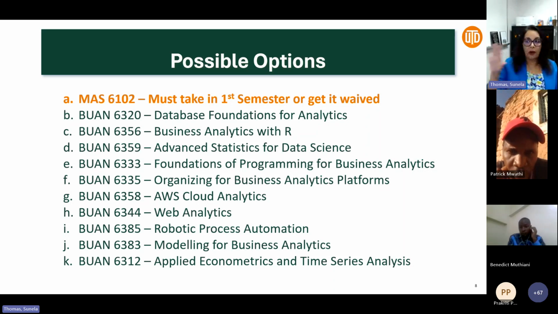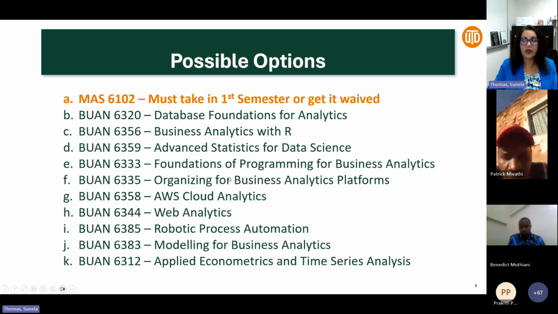Apart from that, you can take any of these courses. As I mentioned, the first 3 is what we generally recommend to students. Once you take the first 3 courses, you can go any way you want.